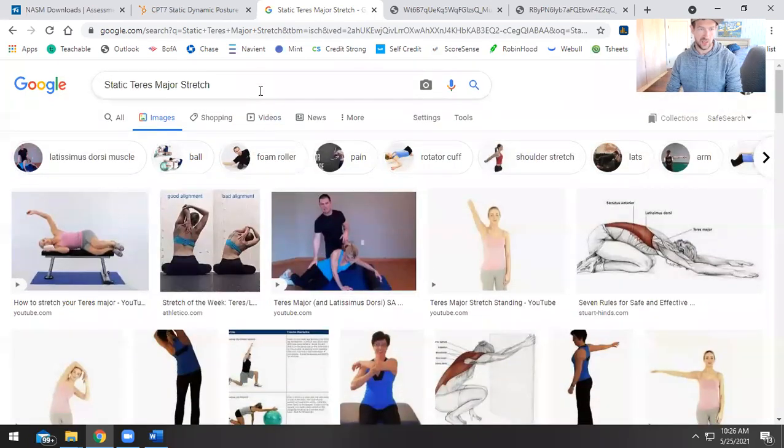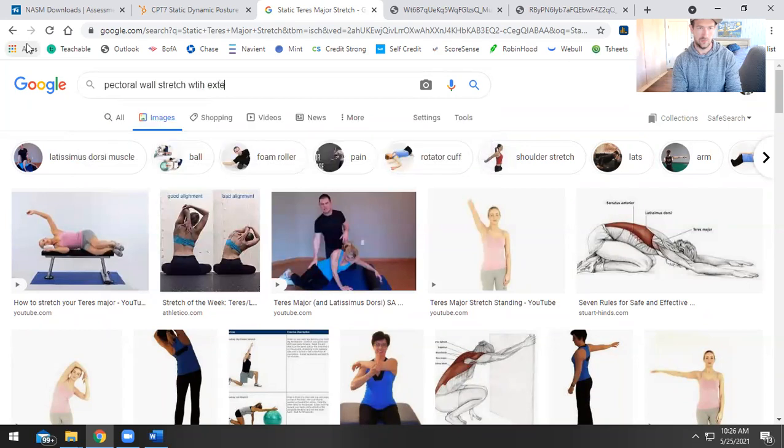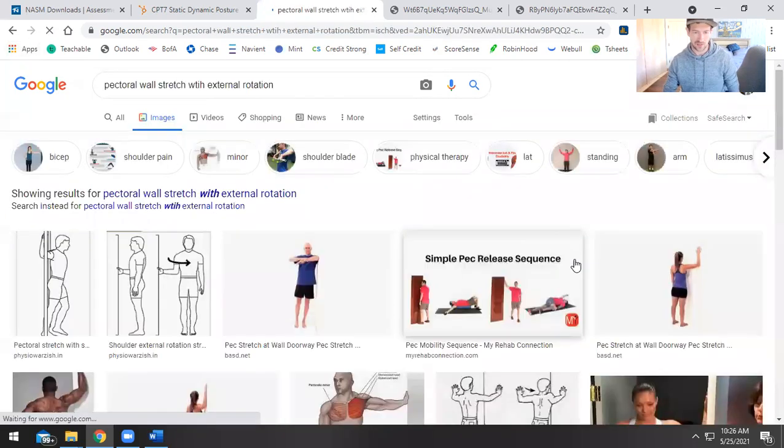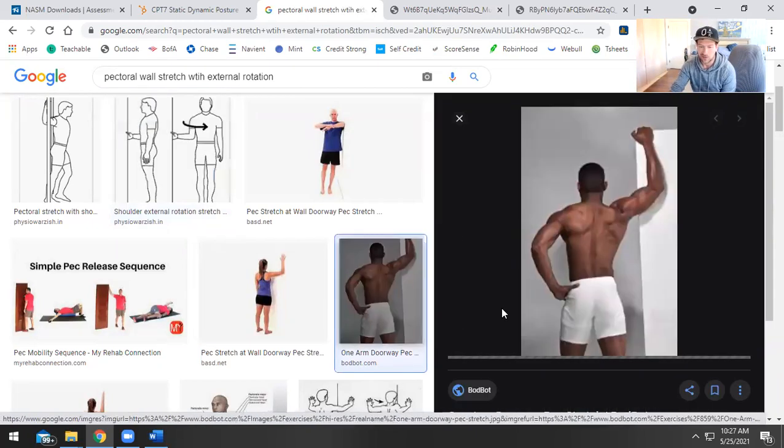Let's see here. See if I can find this. Yeah, there we go. So do this version where you go up to a wall, grab it with your arm, and then you step forward. When you step forward, it will pull your arm back, right? You will pull it into external rotation. This is an internal rotator, so we stretch it by going into external rotation. Oh, there's the pec stretch I wanted. Yeah, go just slightly higher, and that'll get your pec